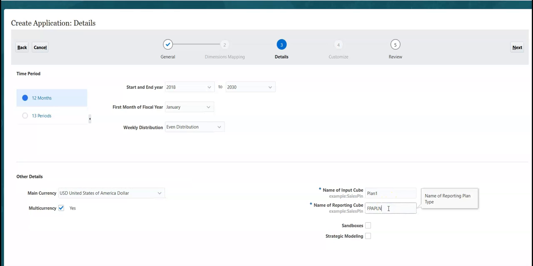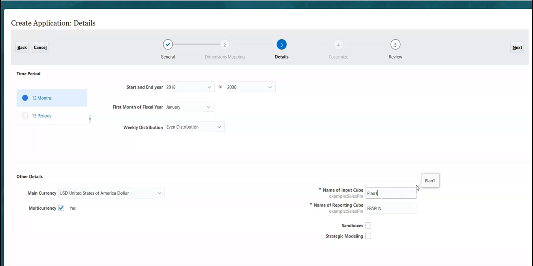So basically the input cube is the one where we are going to let users enter their data. So data entry basically happens at the input cube. This is a block storage option cube, BSO cube, whereas the reporting cube is for reporting purpose, which is based on ASO, aggregate storage option.